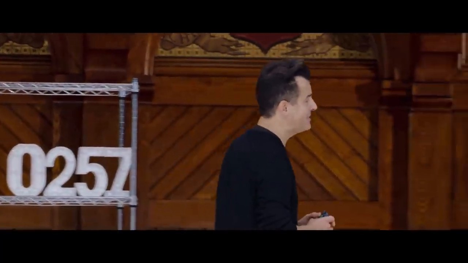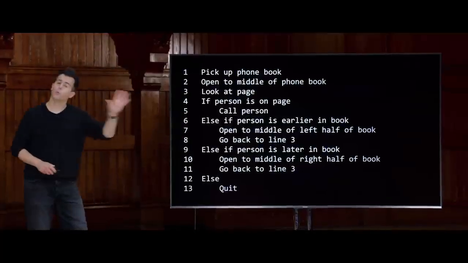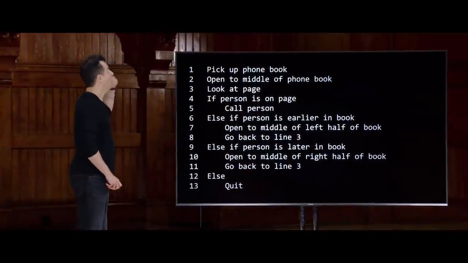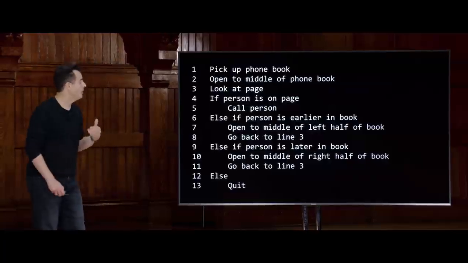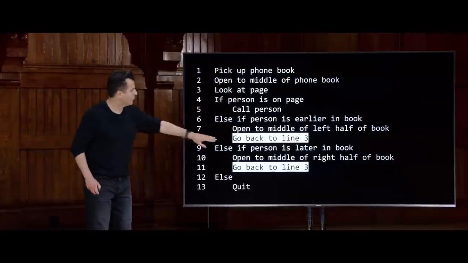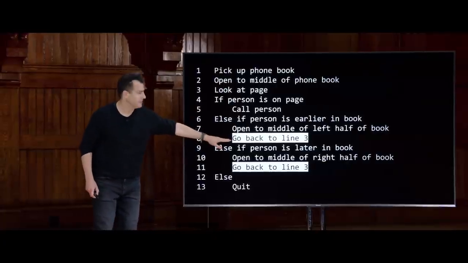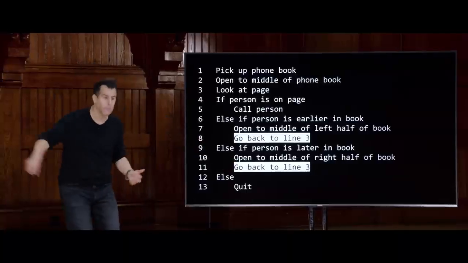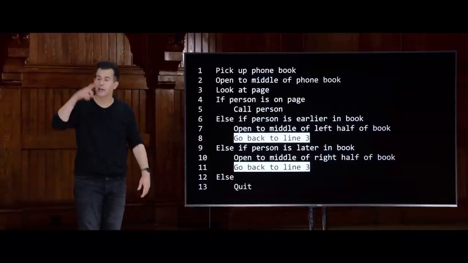All right, so with that said, here is the same pseudocode from week 0, when I was searching the physical phone book looking for John Harvard, for instance, trying to call them if the number is there. Notice that in week 0, I actually used very deliberately a loop. It was not called that per se until we slapped some terminology on this algorithm, but I literally said, go back to line 3, go back to line 3. And then we said, you can call these things loops. And it means sort of visually you're going back and back and back.